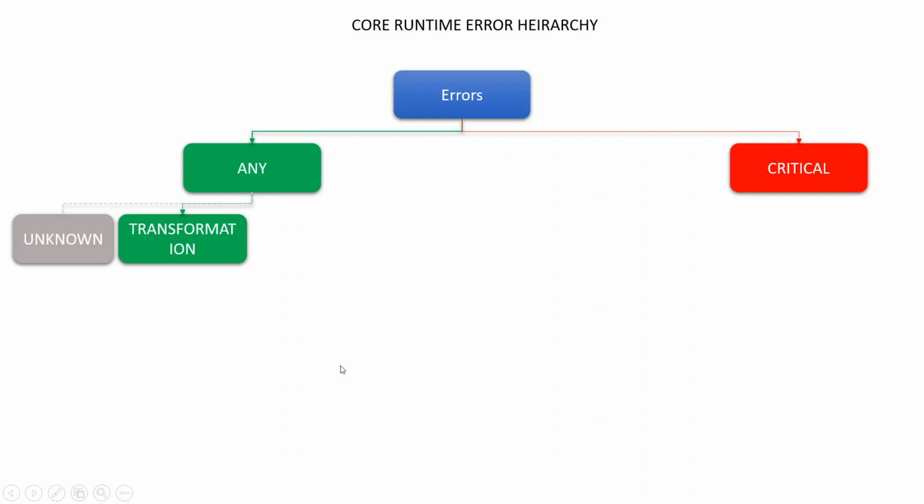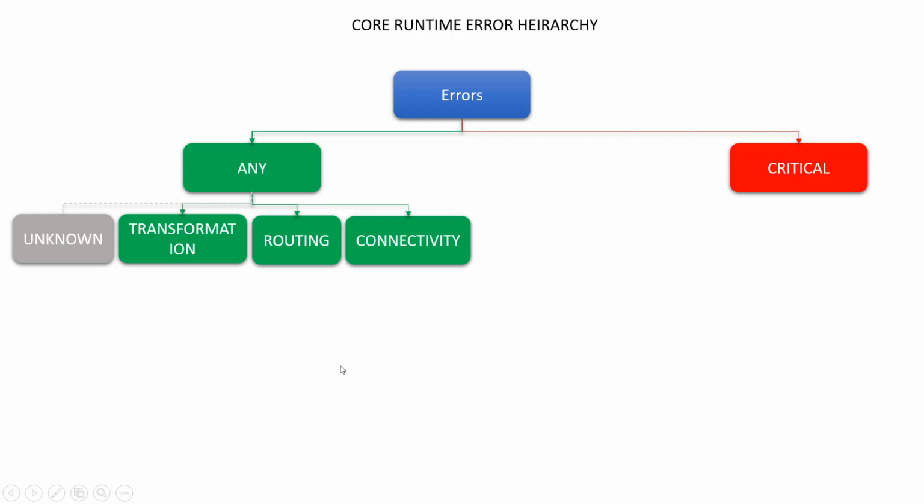Transformation. A point to note is that this transformation error does not mean the DataWeave transform error. Those are different. Transformation errors fall under the Mule runtime internal transformation error. So any errors occurring because of the Mule runtime internal transformation fall under this category. Routing errors are for the scatter-gather. Those fall under the routing errors.